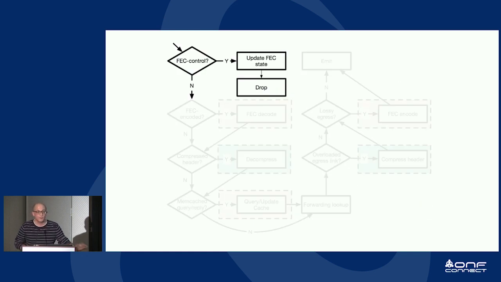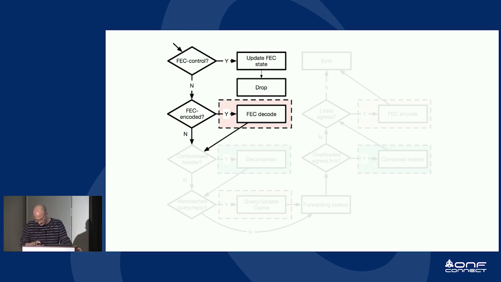And now I'm going to show you our program. We wrote this in P4, but for simplicity, this is going to be shown as a flowchart. So the logic goes as follows. This is what the programmer would be thinking, right? I can have FEC control packets. These are telling me about the state of the network. And using these signals, I might update my knowledge about whether I want to use FEC on certain links or not.